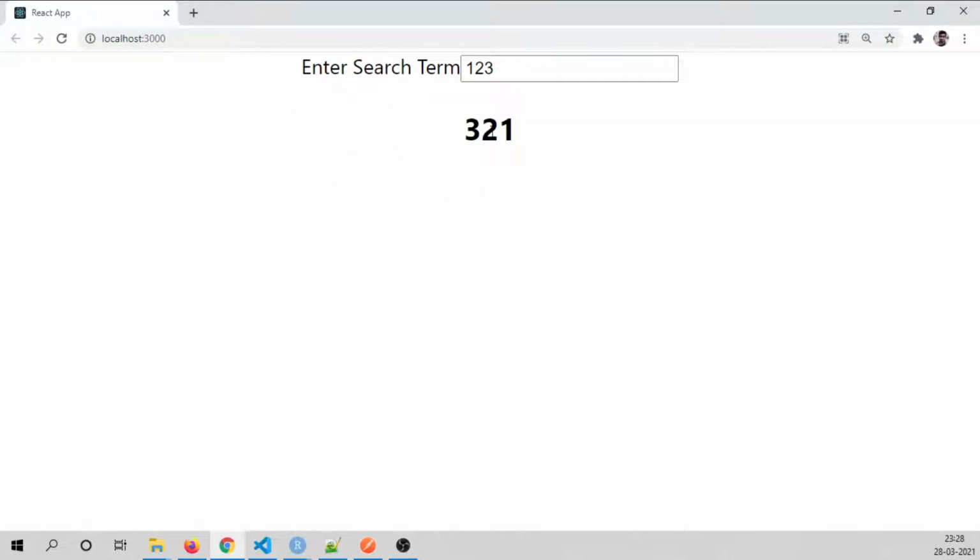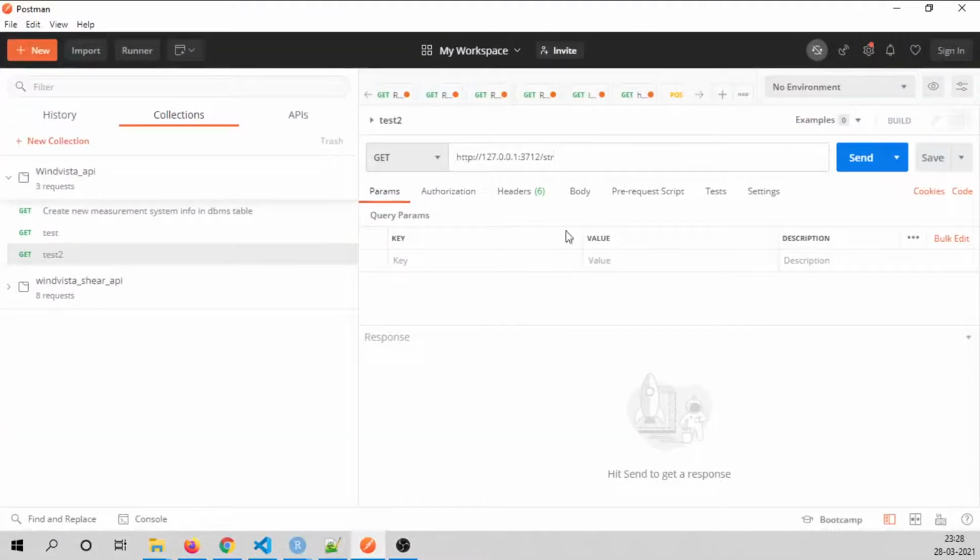Before going further, this tutorial has some prerequisites. You have to know how React actually works, how the Plumber application works, and how Postman works in order to test the API.